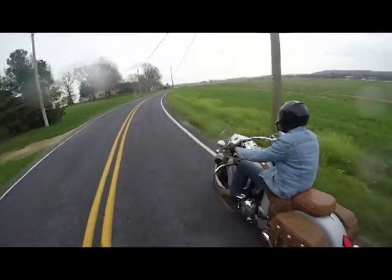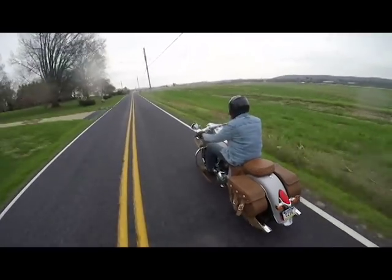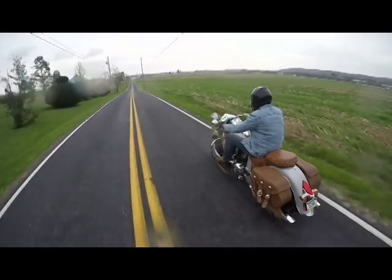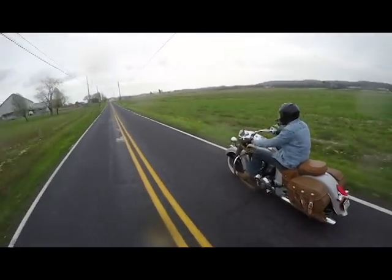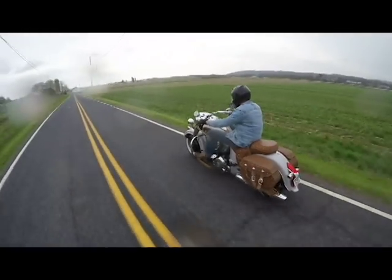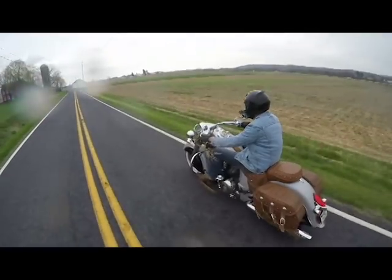First off, it's extremely comfortable. That is one thing. The seat on this bike is extremely comfortable. But some things I've noticed on the stock Harley touring seat is that I feel as though the seat pushes me up a little bit too far forward. I know that they have the actual forward seats, but even just some of the stock touring seats